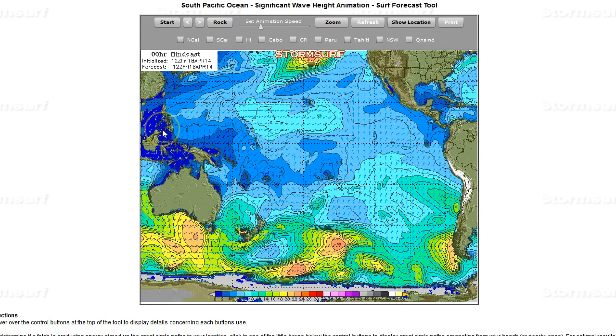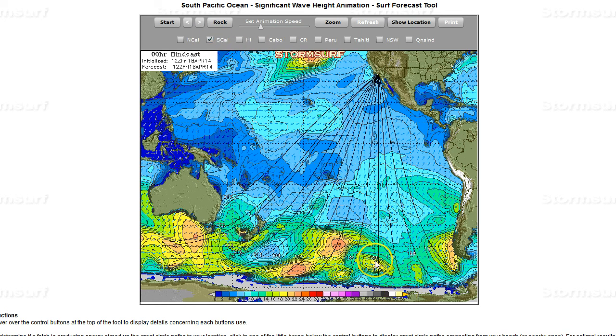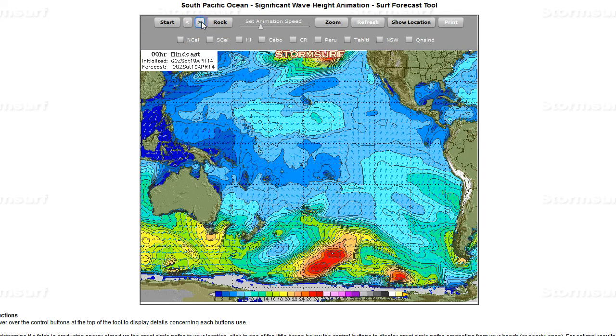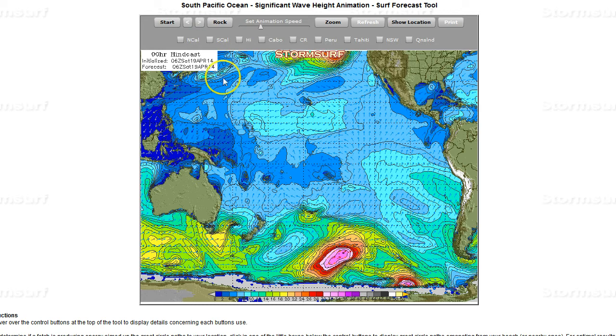Next, we'll take a look at the South Pacific, just significant wave heights for the South Pacific, and we're going back to Friday. There has been a series of small systems that have developed right on about the 180 to 190-degree path up into Southern California. You can see that here, somewhere roughly in this range. Small, very small, but then starting on Friday, something far more significant started developing,